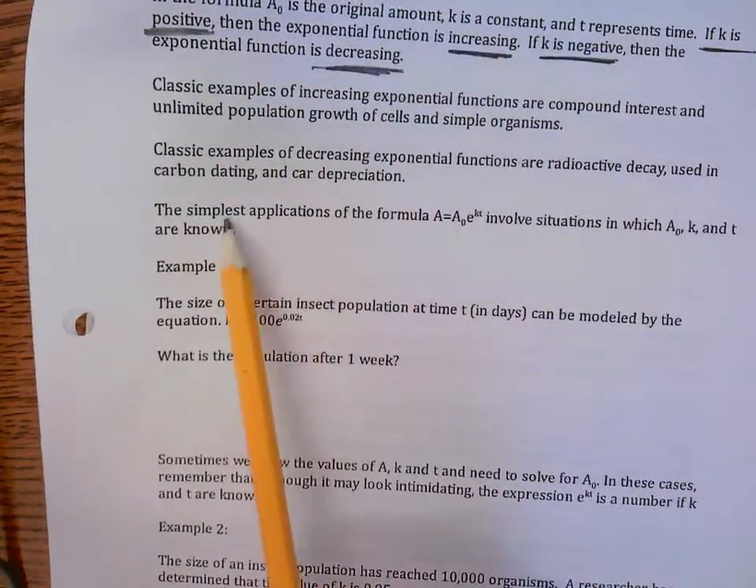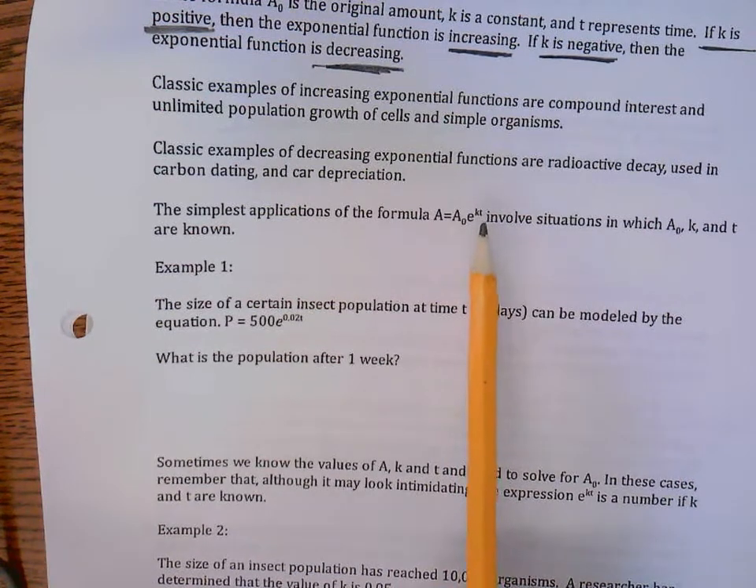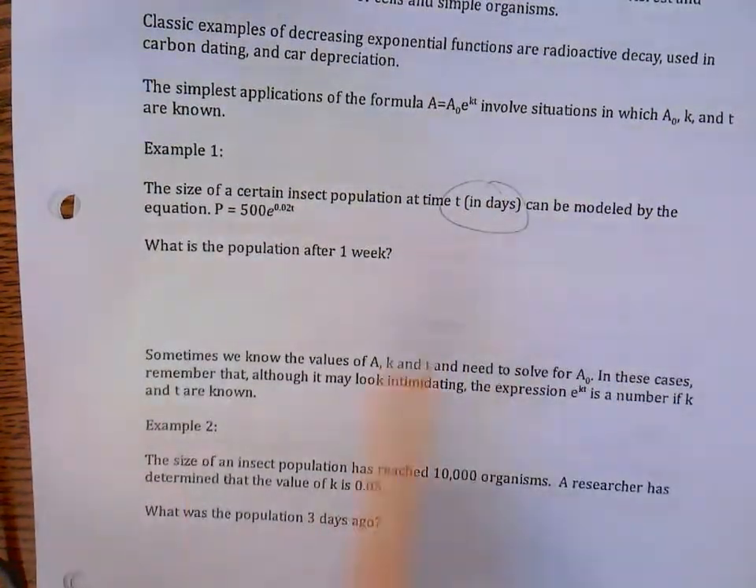So it says the simplest application is when you know your initial amount, your constant, and the amount of time. So if you're studying some organism, you'll know K. You could just apply the K to that situation. So this just says the size of a certain insect population in days, T is days, can be modeled by this equation. So what's the population after 1 week? So I can just use my equation and plug in 7 and get the output. So I'm using the equation to solve an application problem, but I know what